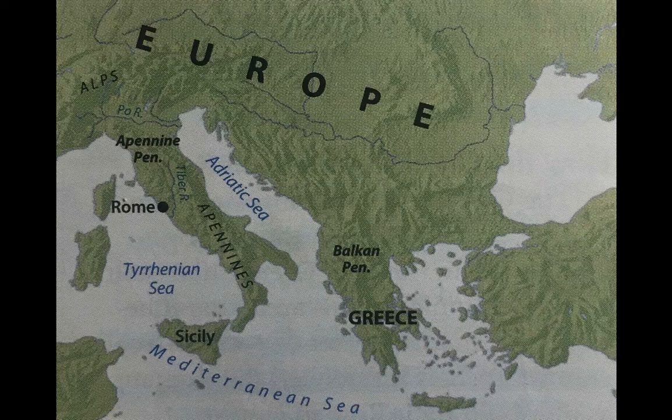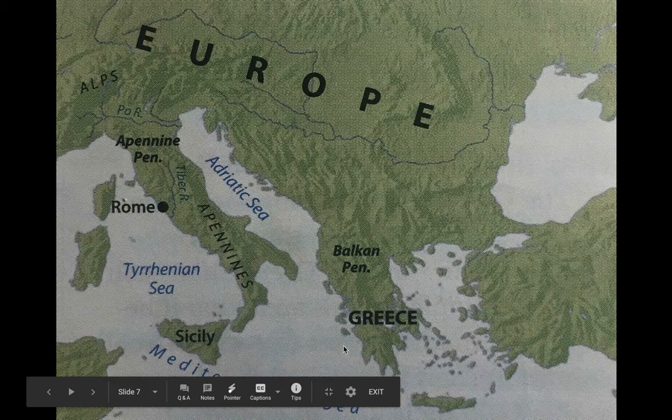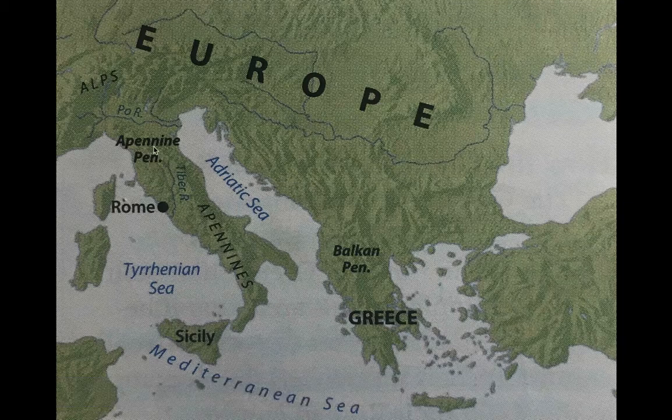So one thing that you will notice is that Greece was located over here on the Balkan Peninsula. And just to the west of that is where we'll find the ancient Roman Empire over here on this peninsula right here,